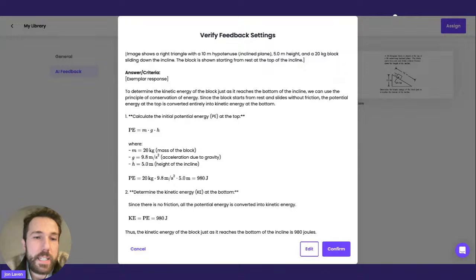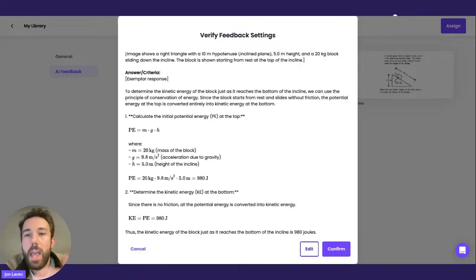One of the things I like to say, especially if you are in a humanities class, if you're asking something open-ended, we really encourage you, use that edit button there to customize that and make sure it matches up with your criteria. The AI is going to use this to guide how it gives all your students feedback. If you're in a math class or a science class, Snorkel does a really good job, really strong at solving